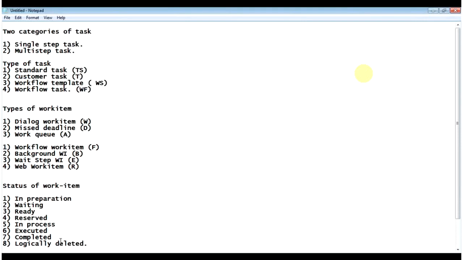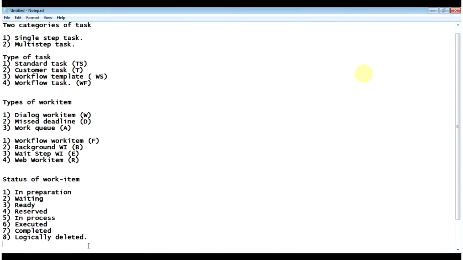Now coming to the fifth one, in process. Suppose you have opened the work item but you have not completed that work item. You are in process. You are just viewing the information of that particular work item, but you haven't taken any action on it. You are just in the process of viewing. So that particular work item will be in process state, and the symbol will be half white and half blue. The box symbol will be half white and half blue. So it actually shows you in process.